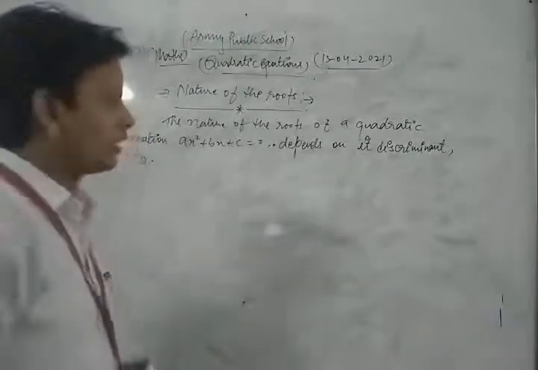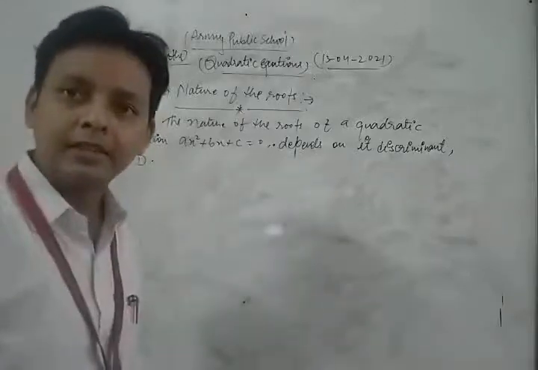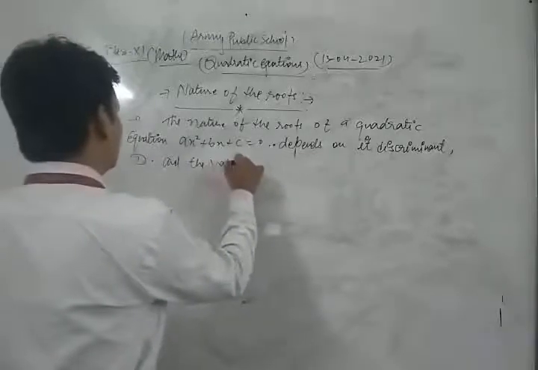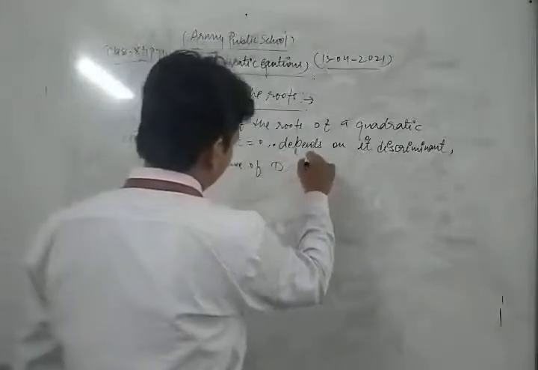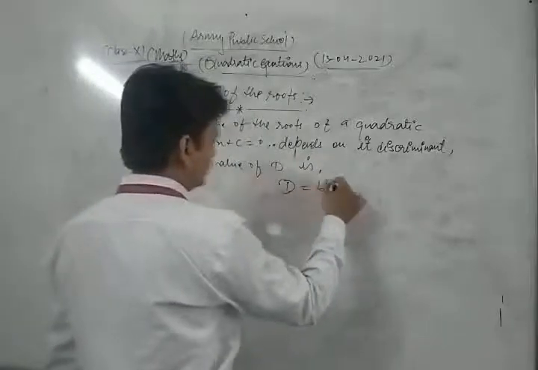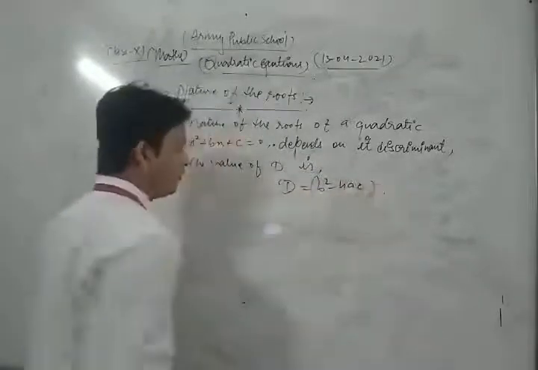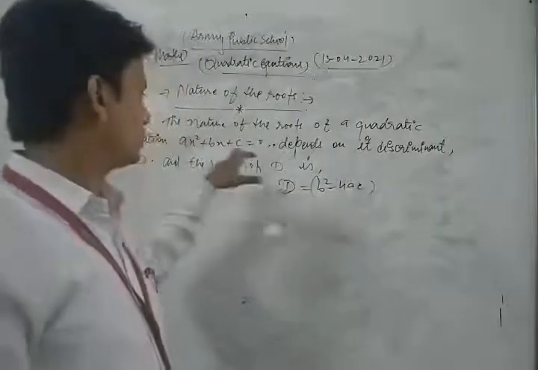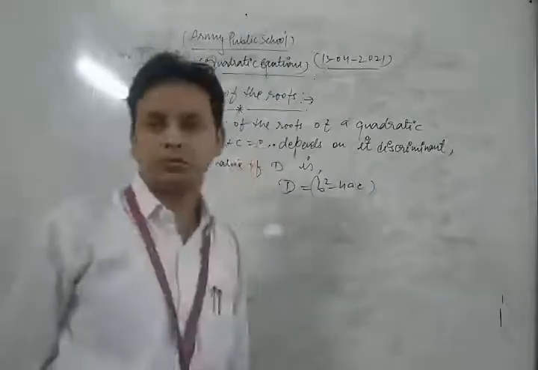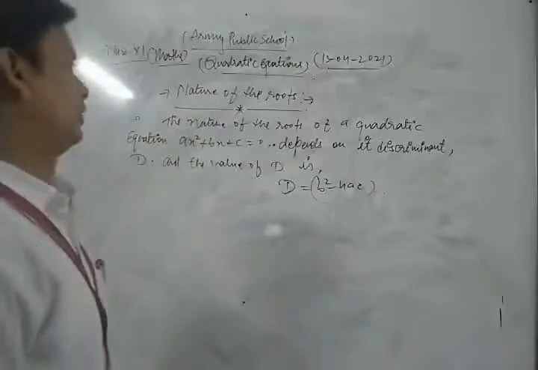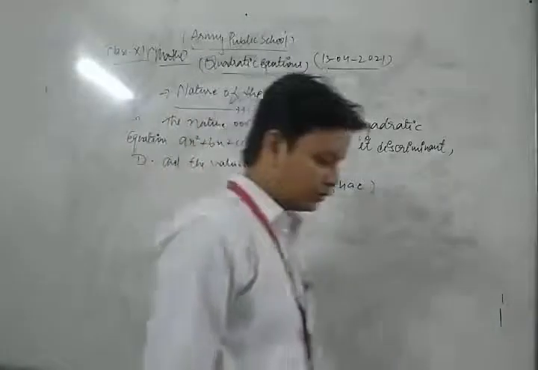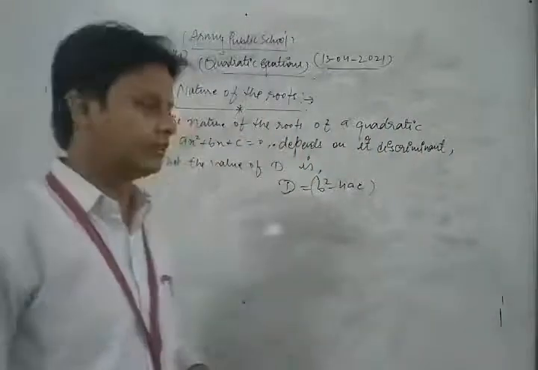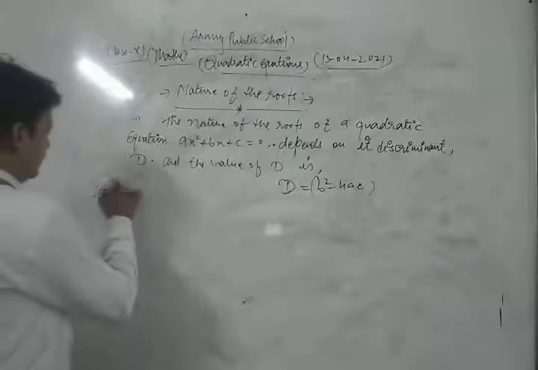The nature of the roots of a quadratic equation ax square plus bx plus c is equal to 0 depends on its discriminant D, and the value of D is, you know, b square minus 4ac. This is the value of the discriminant of the quadratic equation ax square plus bx plus c is equal to 0. Now, dear students, there are three cases that arise. Now, case first,